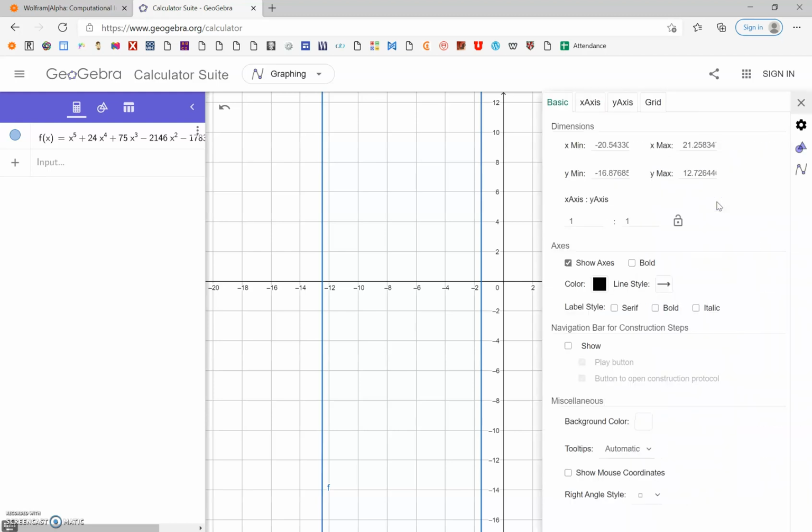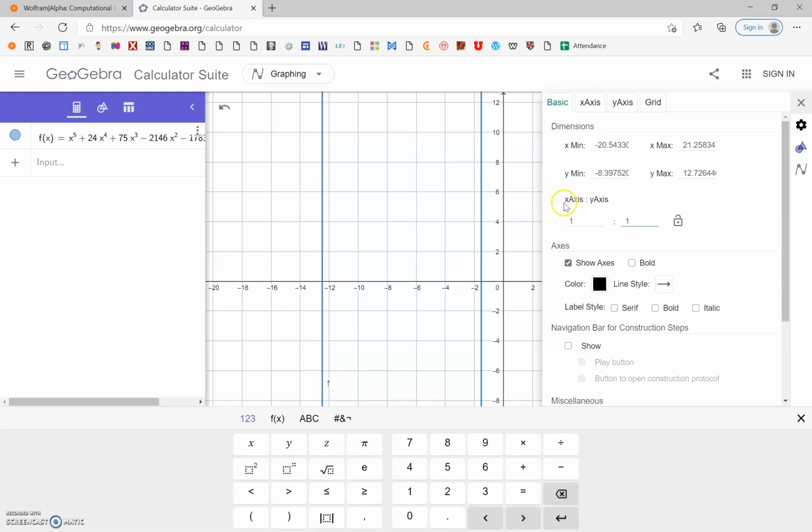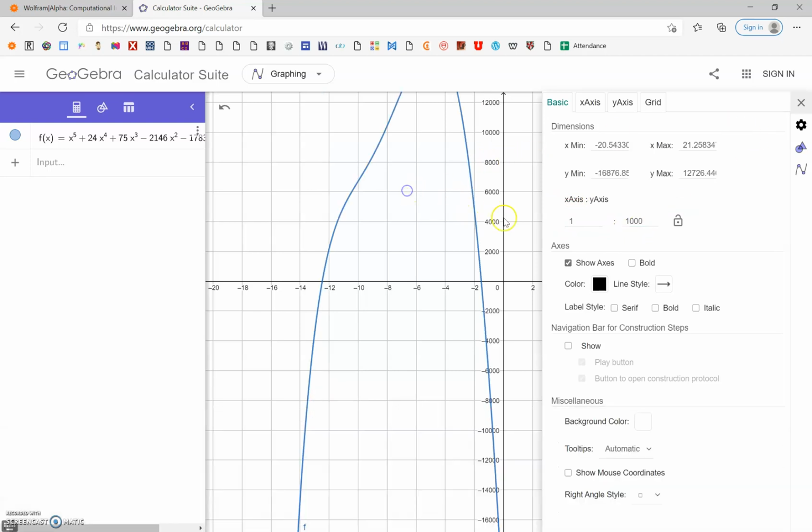I'm going to go under settings, and it says X to Y axis. If you notice when I was doing these numbers, like from -2 to -1, there was a really big change, in the thousands. So every x-axis is moving by 1. I'm going to make this a big number. I don't know, let me just do 1,000 and see what happens. So if I make it 1,000,